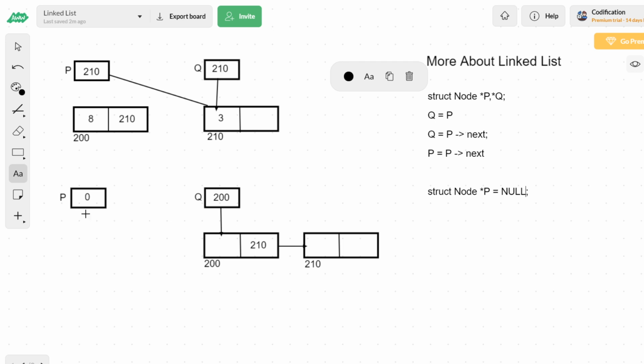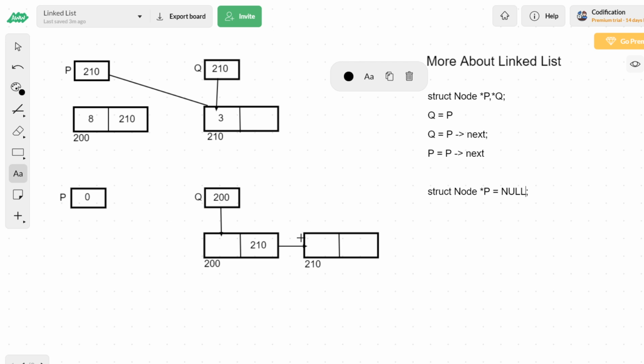Because what you're doing in a linked list is starting with a pointer and creating a node in the heap, and the address of that node you're storing in the pointer which is there in the stack memory. Then you create one more node, and that address you store in the first node. You create one more node, that address you store in the second node, and you keep on going. How do we identify whether a particular node is the last node?